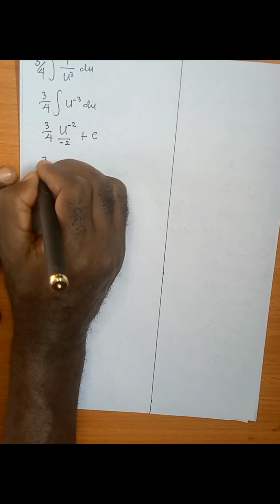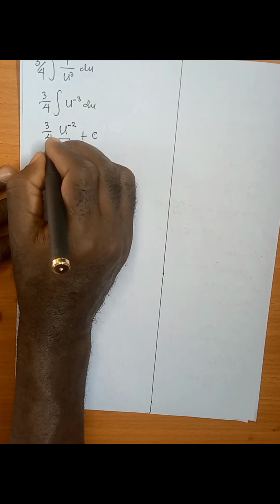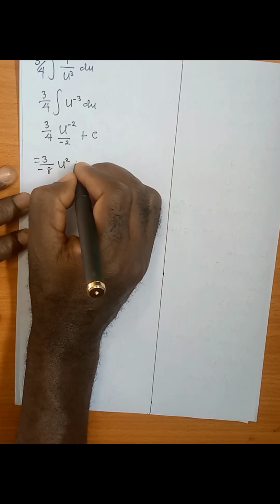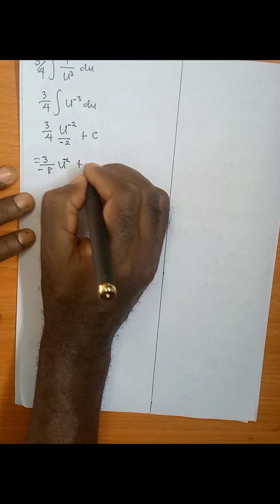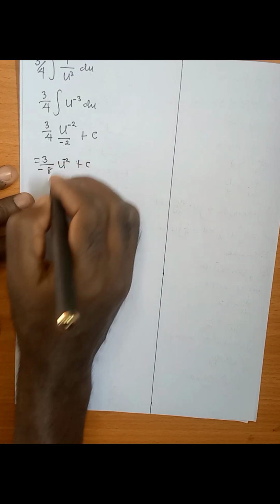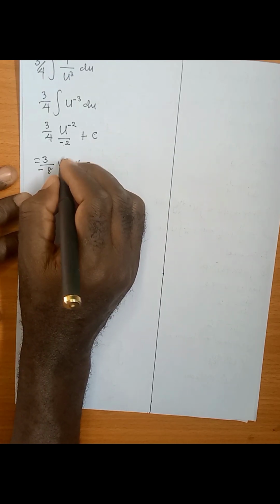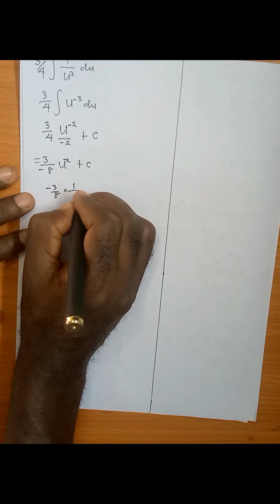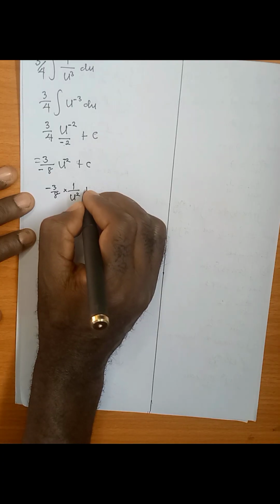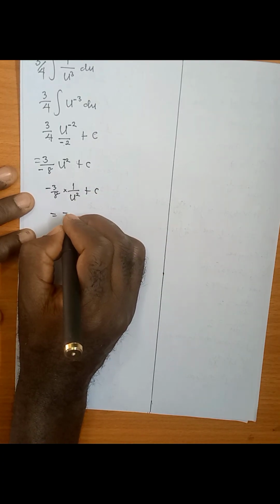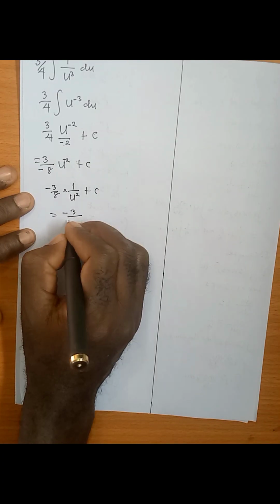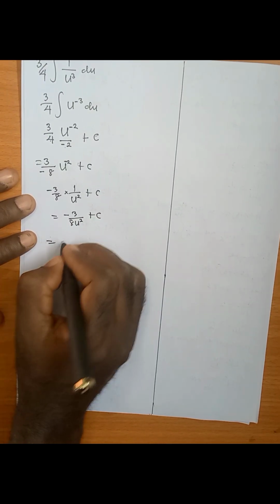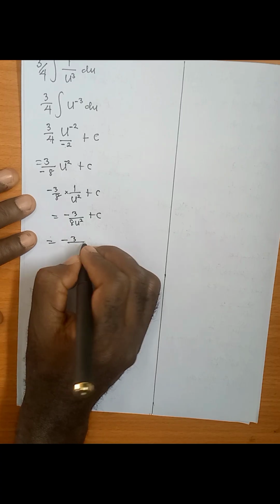Then this will be 3 over 4 times minus 2. This will be minus 8 u raised to power 2 minus 2 plus c. When we remove this minus from the power, we take the reciprocal. We have minus 3 over 8 times 1 over u raised to power 2 plus c, and this will be minus 3 over 8 u raised to power 2 plus c, and this can be written as minus 3 over